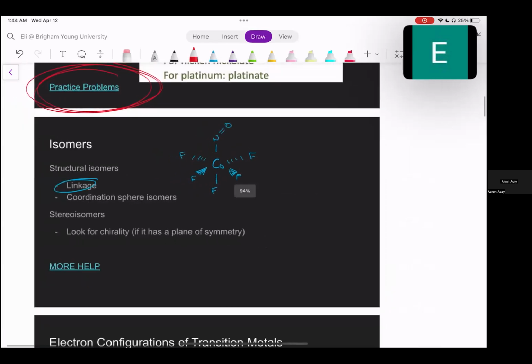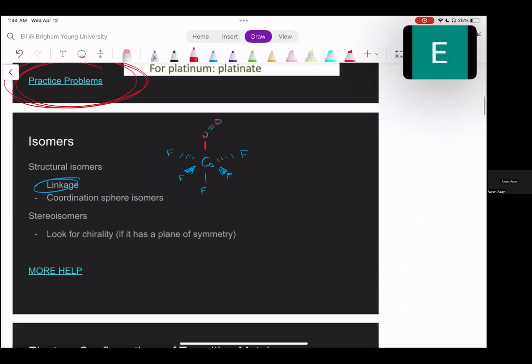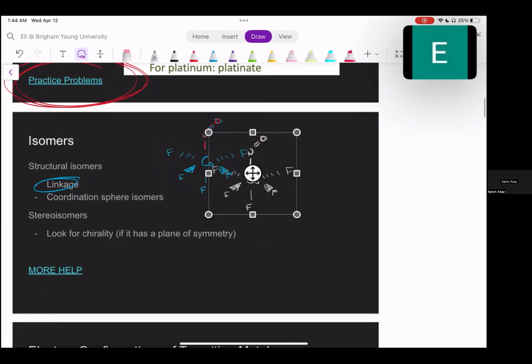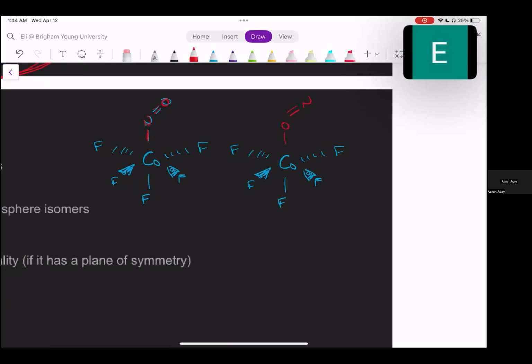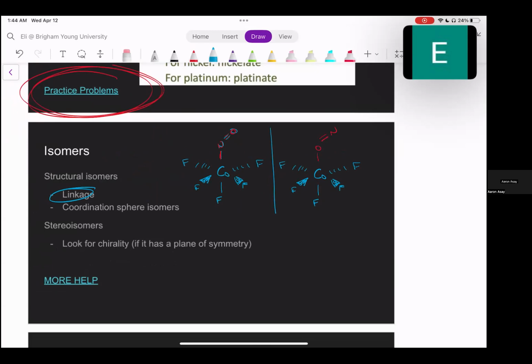But just as easily, this cobalt, we're going to just copy this here. This cobalt could be attached to the oxygen. Then we would have it attached to the oxygen and the nitrogen hanging off the end there. So as you can see, for these two different ways to set up the cobalt complex ion,